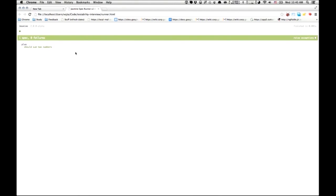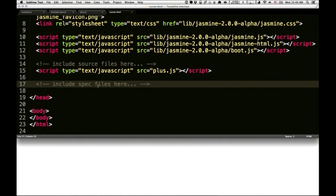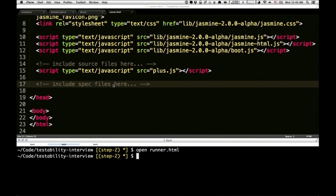But as you can see, this workflow is not good. Jasmine is great for describing tests, but this runner is just something so that you can start. But moving back and forth between the browser and the editor kind of sucks, and it's not the best workflow you want. Plus, you need to maintain this index.html file whenever you add a new file. You need to update this file as well. Plus, it doesn't integrate well with a continuous integration server, because it's not easy to get the results from the browser and stuff. So long story short, that's why we have our test runner Karma,